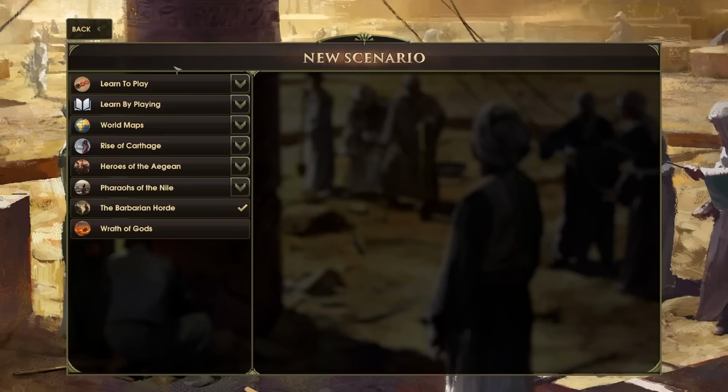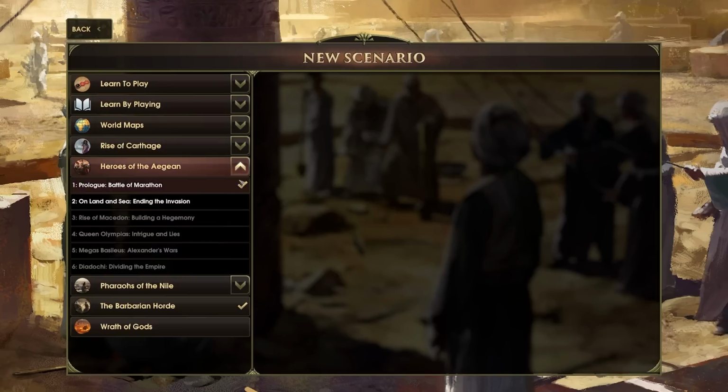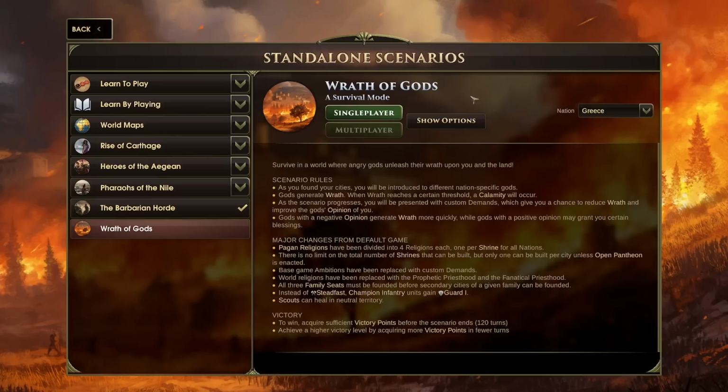You've got scenarios that you can play. You've got learn to play, learn by playing, world maps. You've got all crazy. You've got the Wrath of Gods. You've got single player, multiplayer. There's so much going on in here, right? This game has literally thousands of hours of content, and I want to just point that out to you because